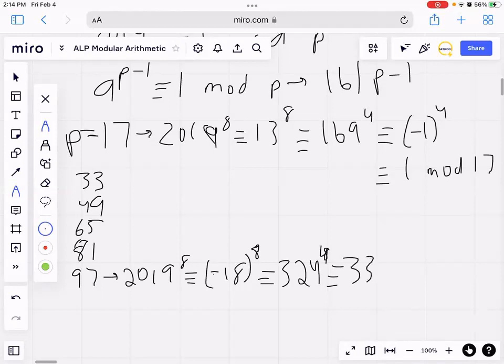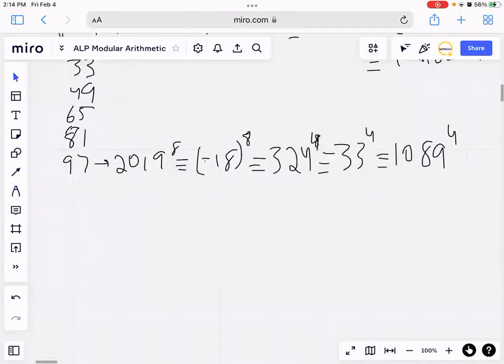Just looking at the 324, this is congruent to 33 to the power 4, and 33 squared is 1089, so we have 1089 squared. And we just keep on going. Let me erase that so it's clear. Yeah, 1089 squared, which is in turn congruent to